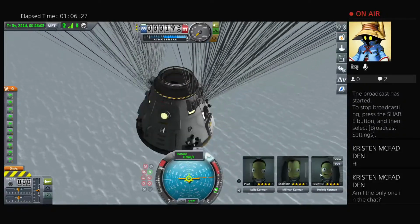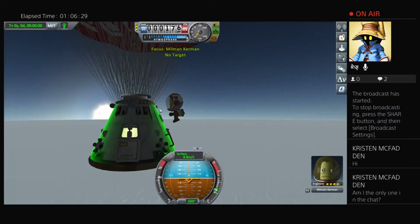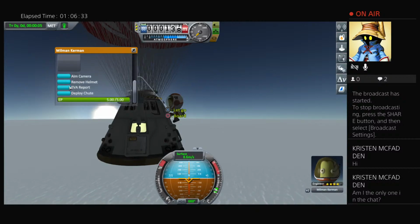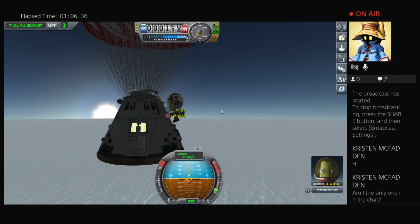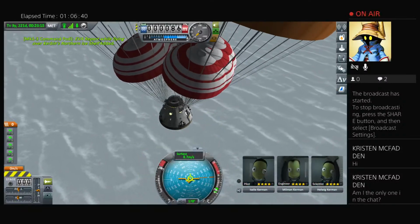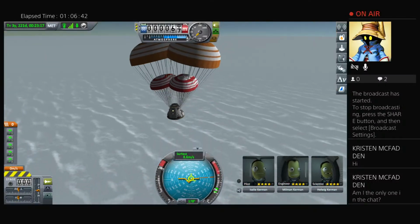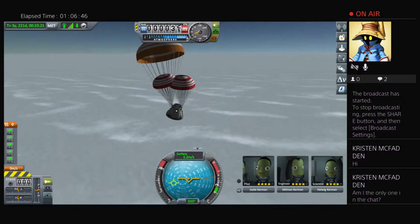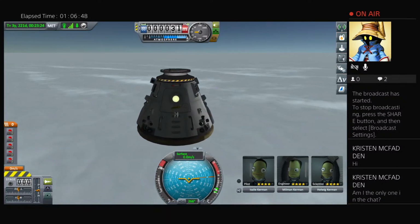Let's grab that. EVA or engineer here. Grab an EVA report from over the northern pole. And very quickly get back into the pod and deactivate the SAS and let this thing land. Say goodbye to that heat shield probably. Nope. Cool. Alright, let's